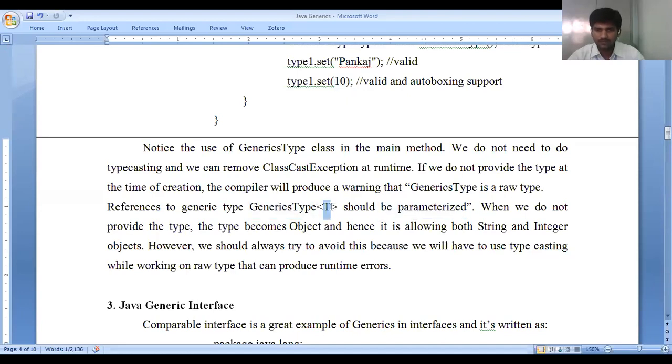So the generic type T is the parameter. When we do not provide this type, the type becomes Object, and hence it allows both string and integer objects. However, we should always try to avoid this because we will have to use typecasting while working on the raw type.